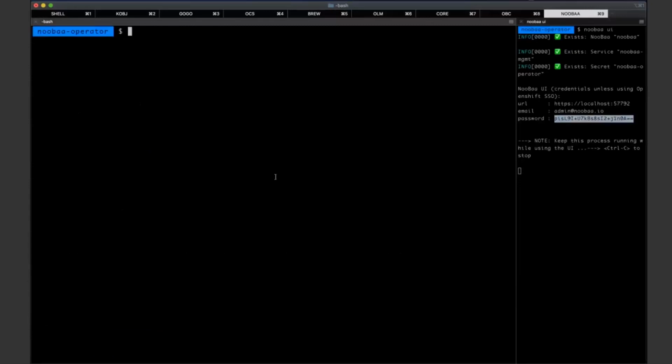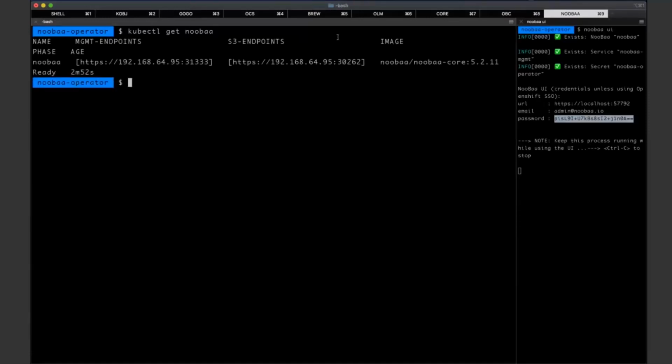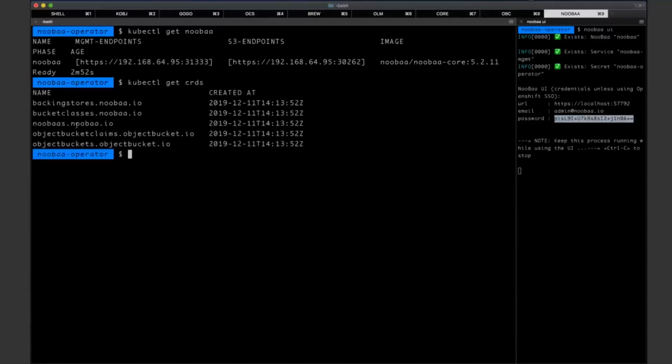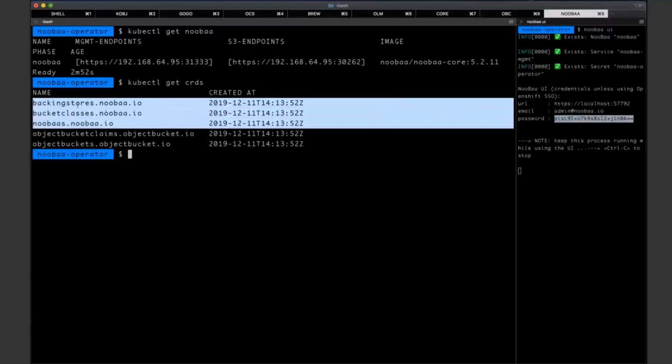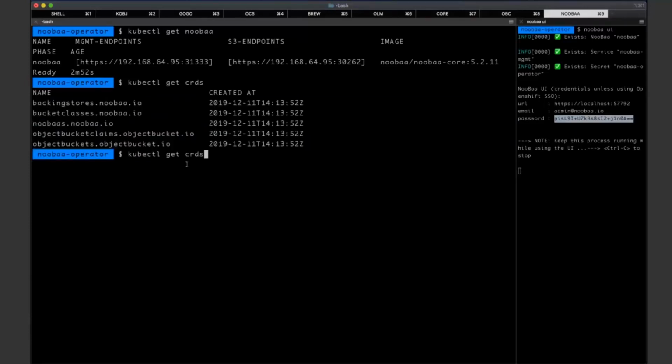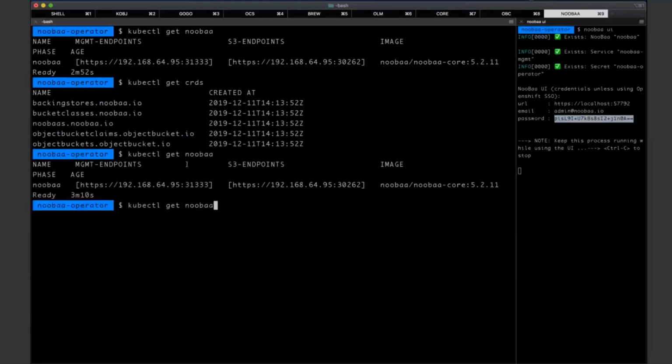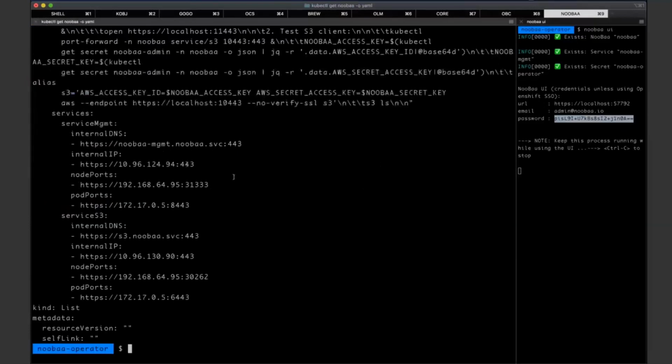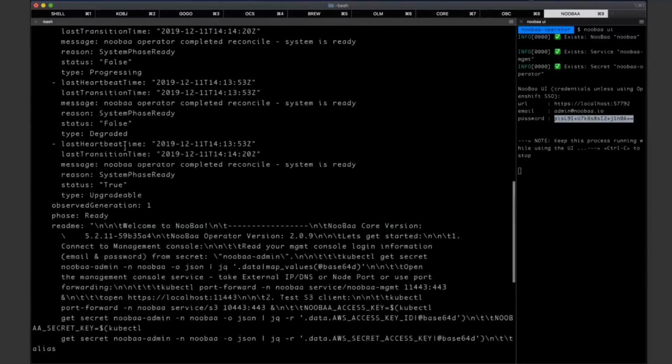So if I take a look, there is one CRD which is called noobaa, or if I take all the CRDs, these are the CRDs we installed: the noobaa, bucket classes, backing stores, and object bucket claims, etc. And the system is being controlled by this CRD called noobaa, and if I actually look at all of it, it has a lot of status information,